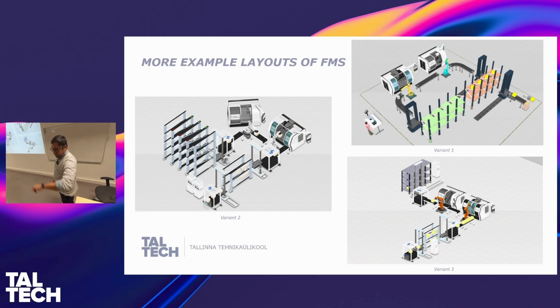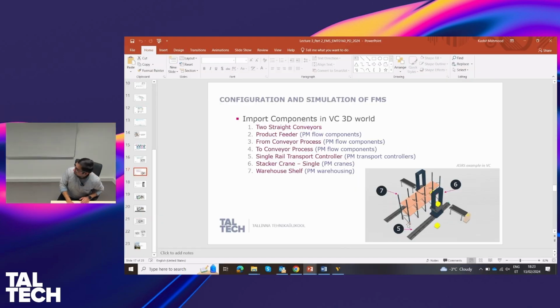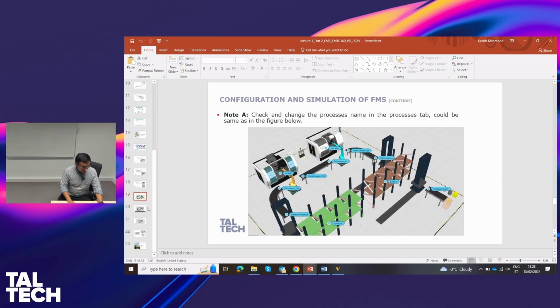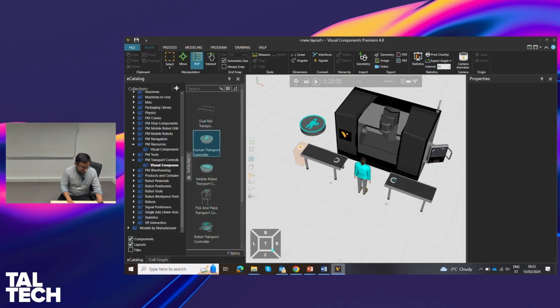So let's do this FMS in Visual Components. What do you think? This one. And then we can continue today or the next class with the machine tending, and I hope you know how to do machine tending, but slides are also there that could help to do this task. So we can start with